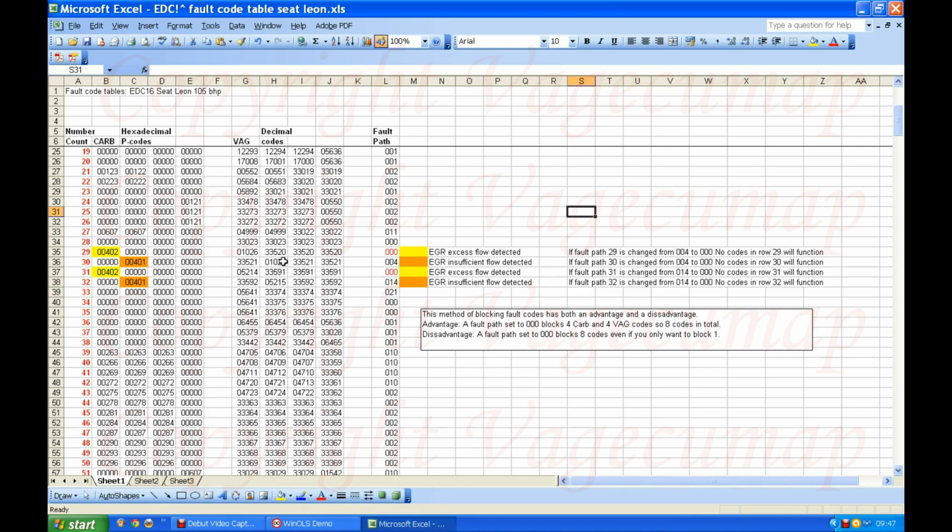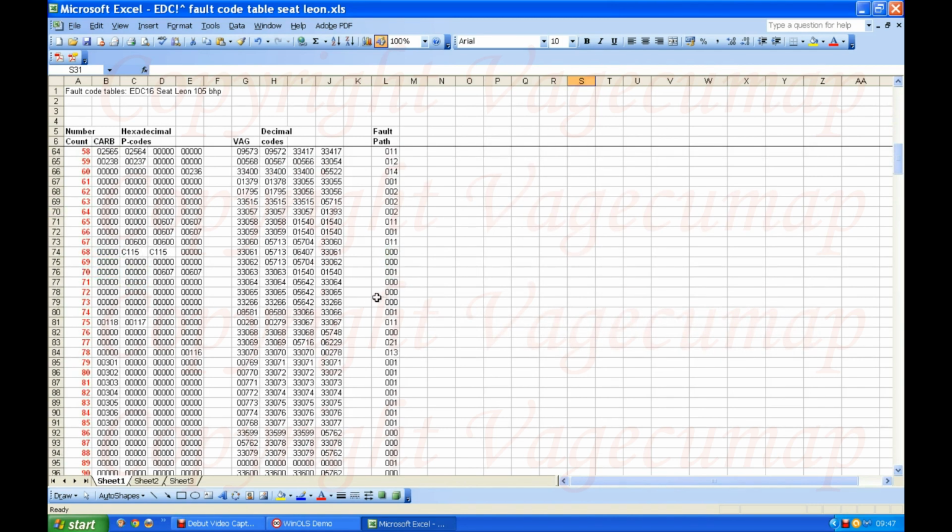Now what we've got here then is a way of telling the ECU to ignore that information, because when it gets here it won't know where to go any further. So as far as it's concerned, there are no instructions what to do with that fault code. So in effect that fault code no longer exists, it just simply doesn't function. And so we can look down here and we can see that generally speaking there are others that don't function, that the designers have already left non-functioning, but of course there are no codes in them anyway. There are no codes in these,